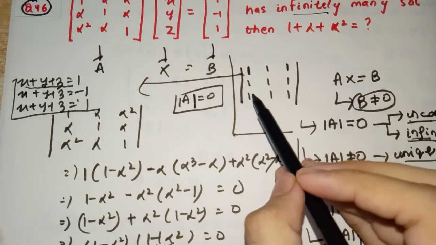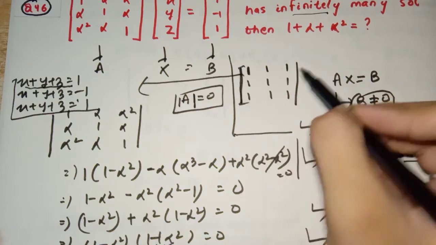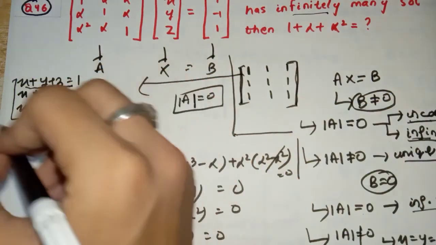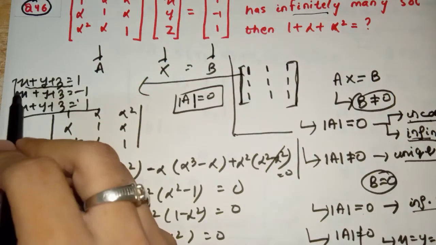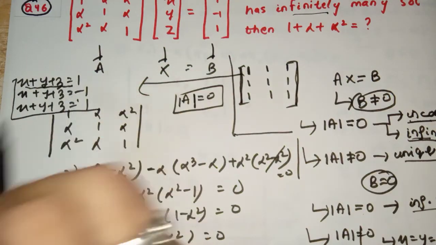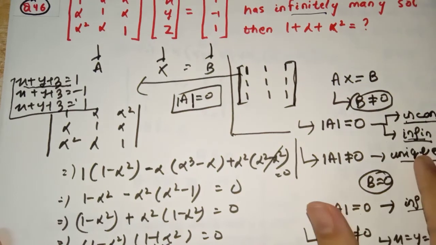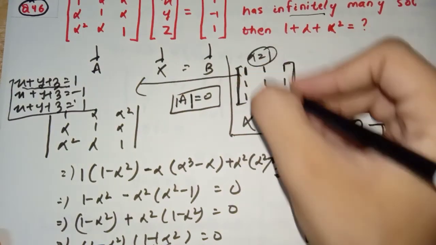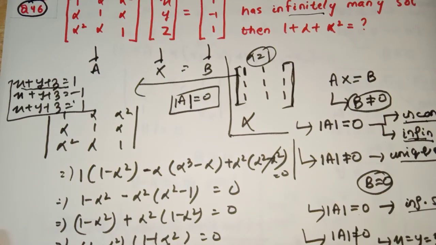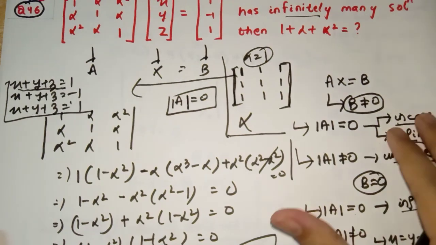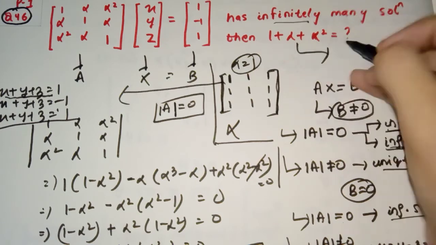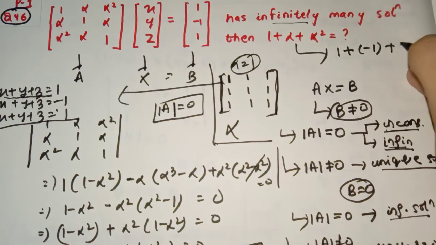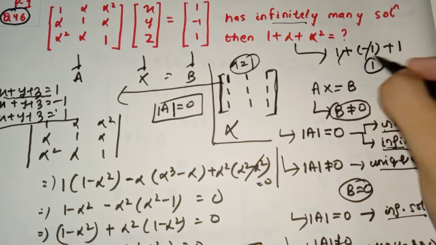If we put alpha equal to 1, we get this as our A. And for this A, we can never have this possible, because x plus y plus z can't be 1 and minus 1 simultaneously for this equation to exist. So alpha equal to 1 is not possible. So alpha can't be 1. Therefore alpha is equal to minus 1. And since we got alpha, we can apply it here: 1 plus minus 1 plus minus 1 square is 1. So our answer is 1.